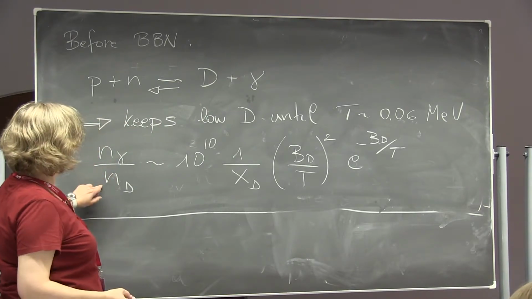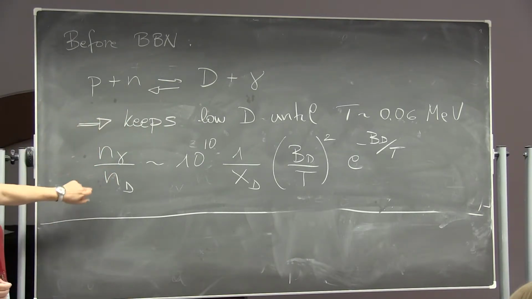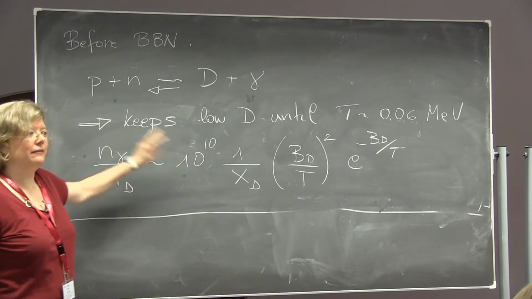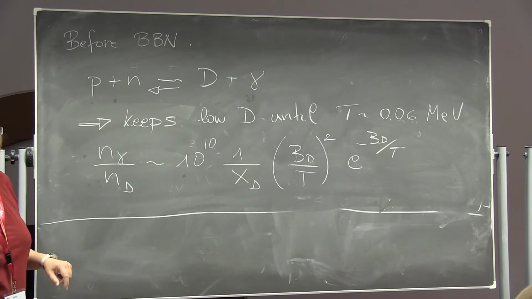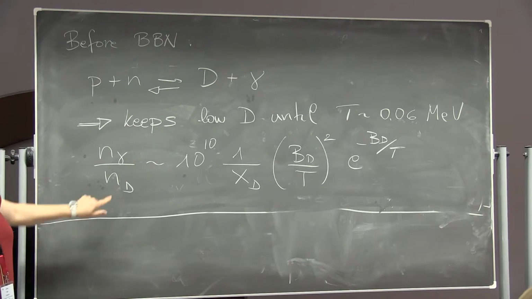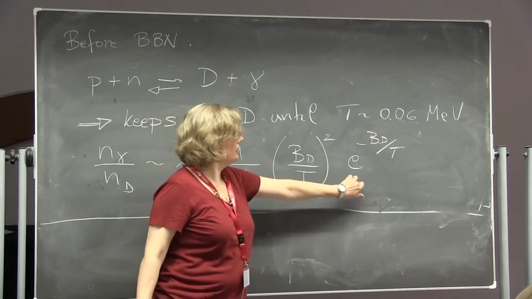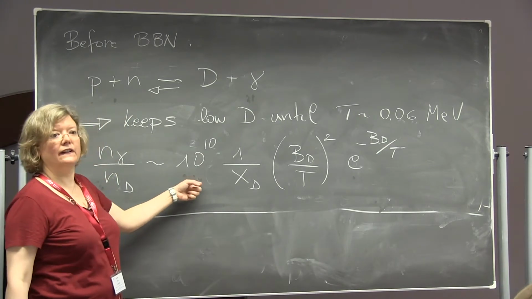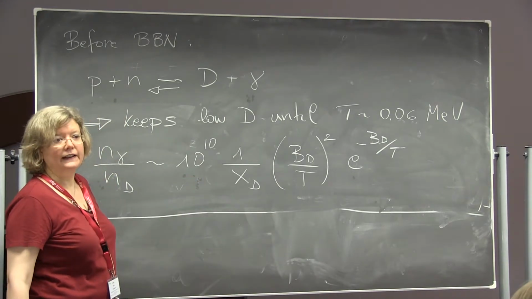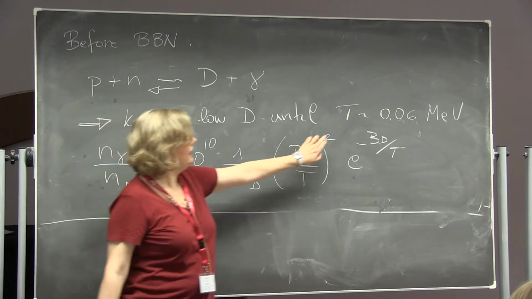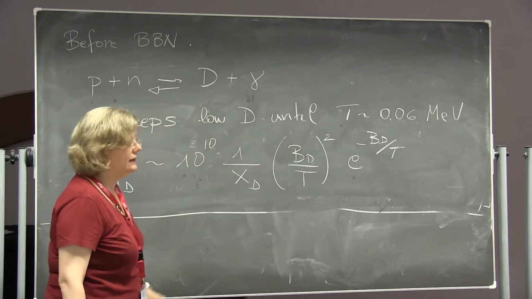So I'm writing here the photon number over the deuterium number. This means that's why I have a large number. Perhaps I should have actually given you the opposite. There it would have been clearer. But that means that the deuterium number remains small until these exponential factors start to win against this 10 to the 10. This means, as I say, that you have to wait quite a long time in order to start